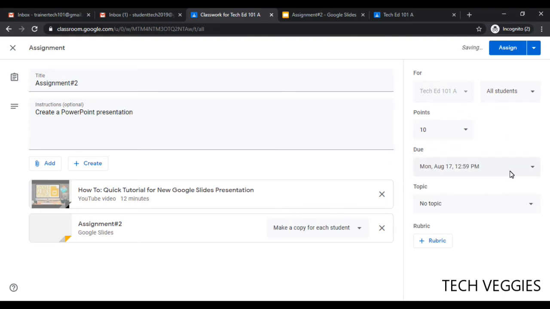Okay, and in addition to that, you can also add a topic. You can create a topic. So if this is a topic, you have a unit or something, you could probably have Unit 1, creating a presentation or something. All right. You also have the option for